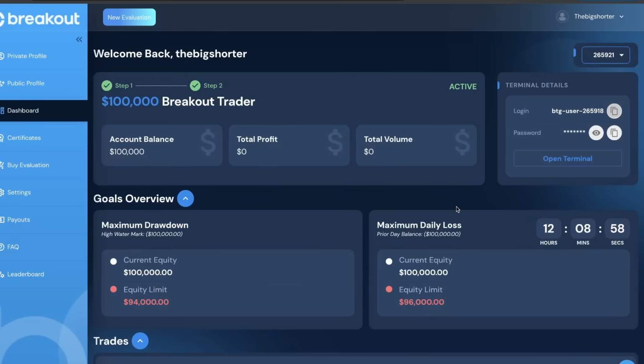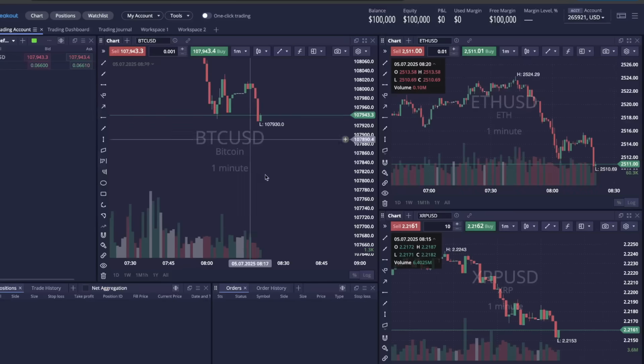Alright guys, so a little bit more about the platform itself. I just became a Breakout trader fully funded after passing the challenge, and my equity limit is 94,000, so I can't go below 6,000 in drawdown, and my current equity limit when it comes to the maximum daily loss is $4,000, so I can't lose more than $4,000 in a day, otherwise I lose my account. You're always going to find your terminal details over here, and you will be able to hop into your terminal,